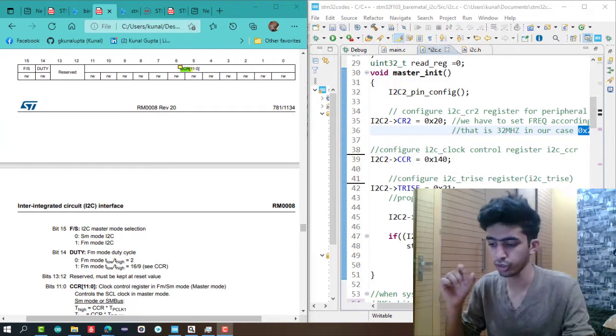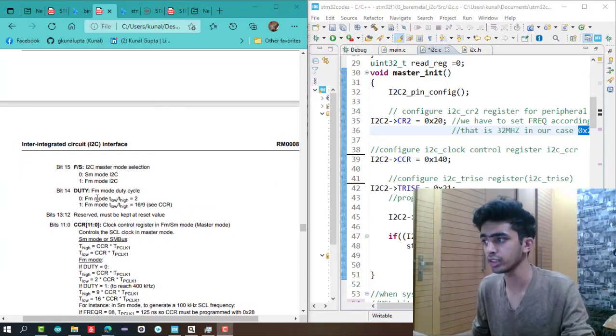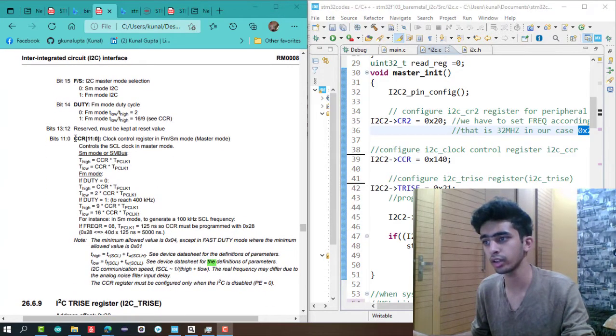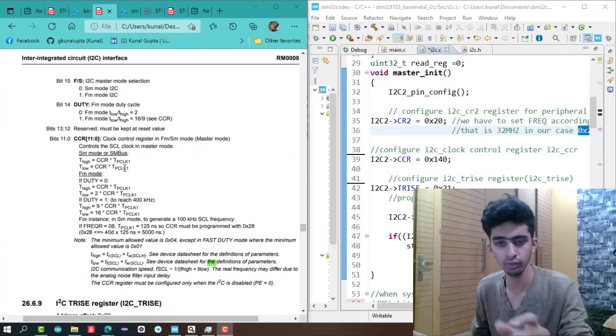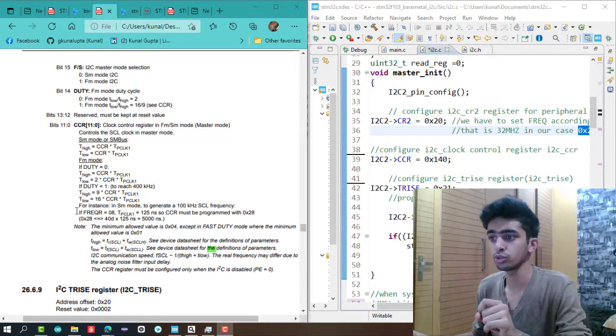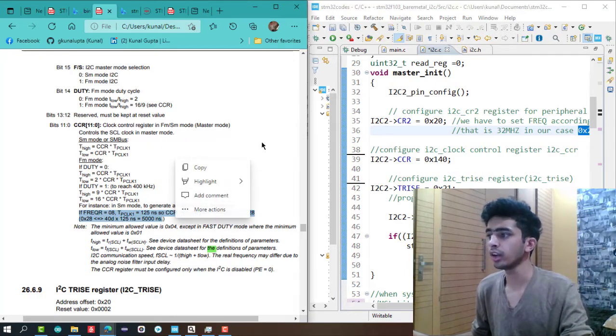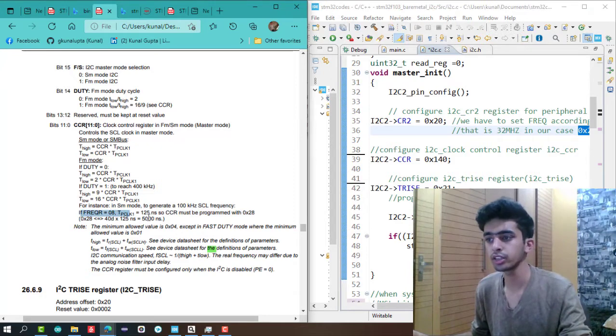We are going to use standard mode, and in standard mode there is no role of duty cycle. Now comes the role of the CCR. The clock control register configures the frequency at which our SCL will be running in I2C, and I have configured that as 50 kilohertz. By understanding the calculation given here, you will be able to see how we calculate it.